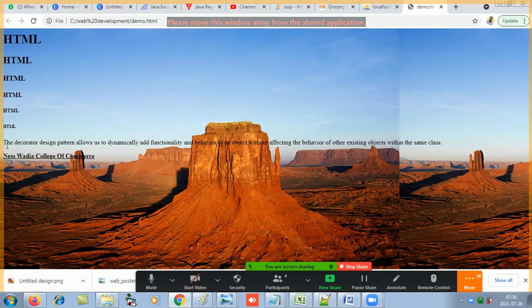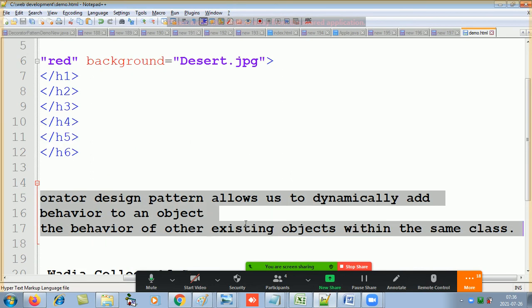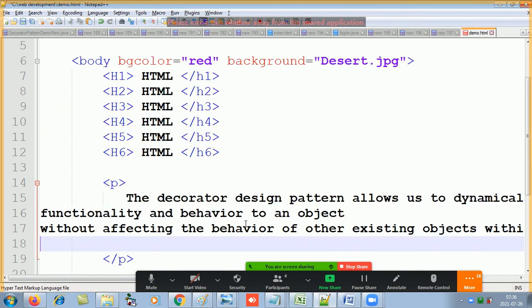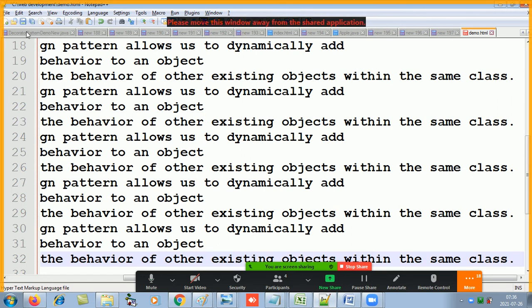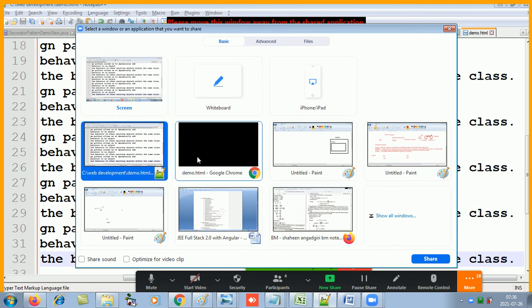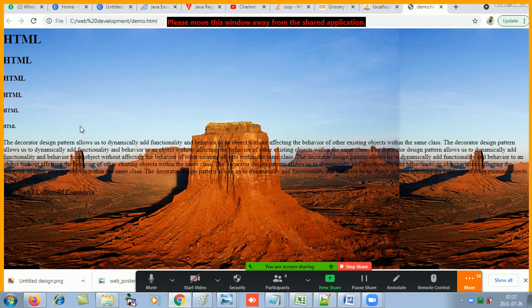It was just 1-2 lines, so it didn't take much space. If I copy this and paste it 3-4 times, it will look like a paragraph.